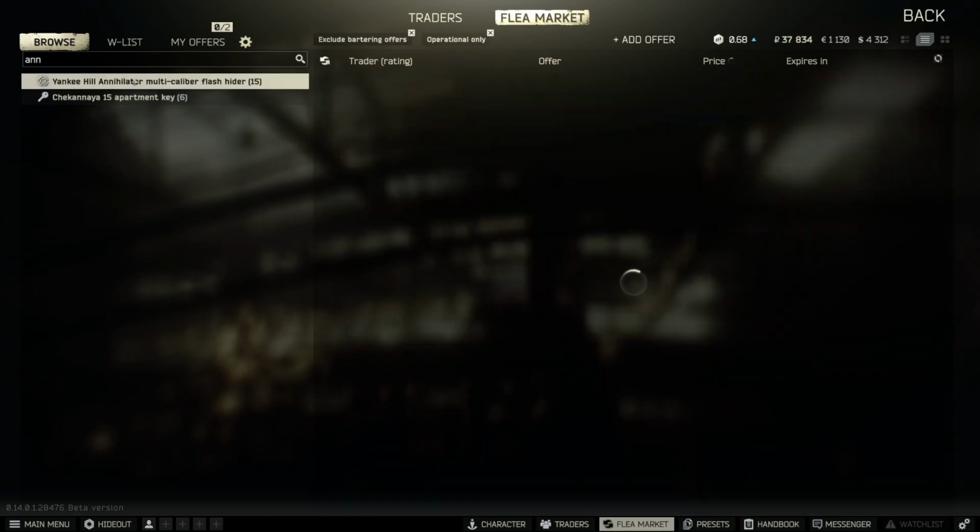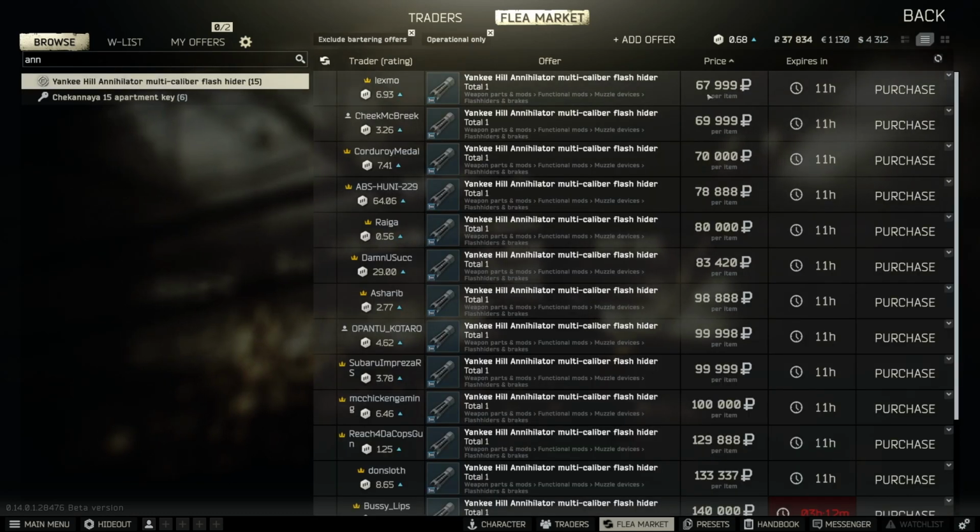Okay, so then the Yankee Hill Annihilator multi-caliber flash hider. It's 67,000. Damn it, I paid 90 for it. So it's dropping in price as people are completing this task. So the longer it is before you need to do the task, this thing's going to drop. It'll never be totally cheap because I think you need it for another task as well. Anyways,